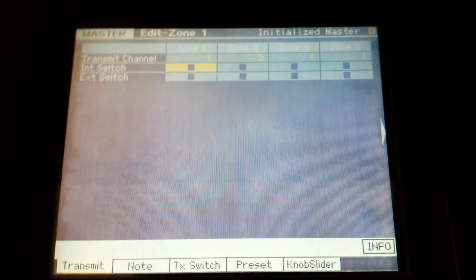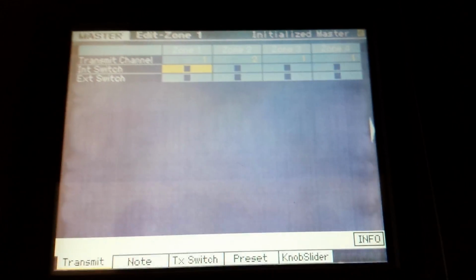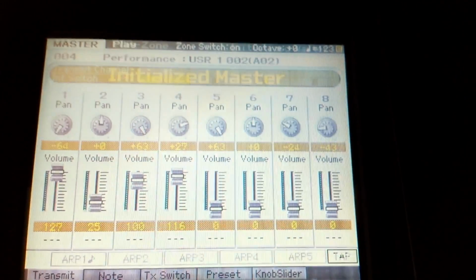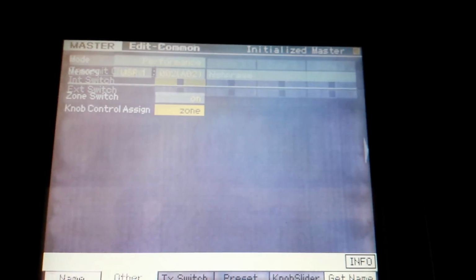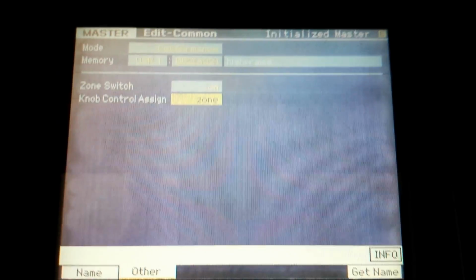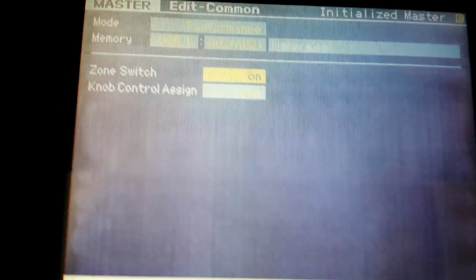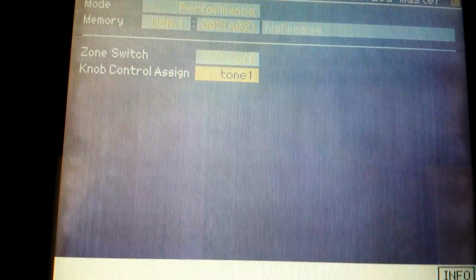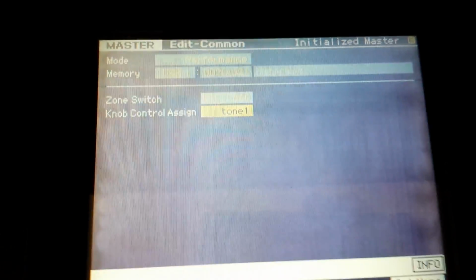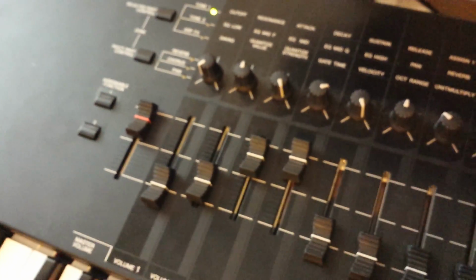But the question was that guys were having some problems because once they set their instrument into zone switch on and knob control to zone, they lost individual control of their performance. Whereas when the system was set up with zone switch to off and knob control assigned to anything else, they were able to have separate control of their